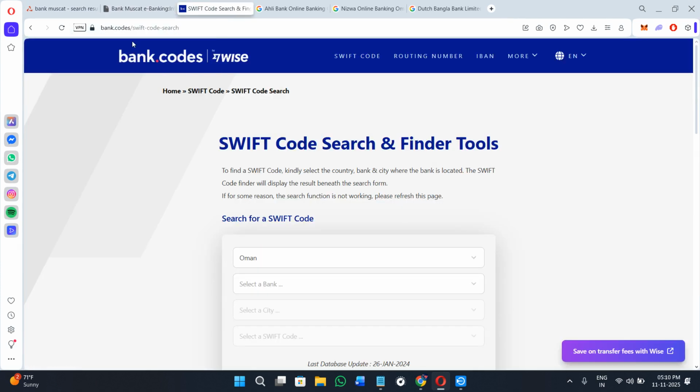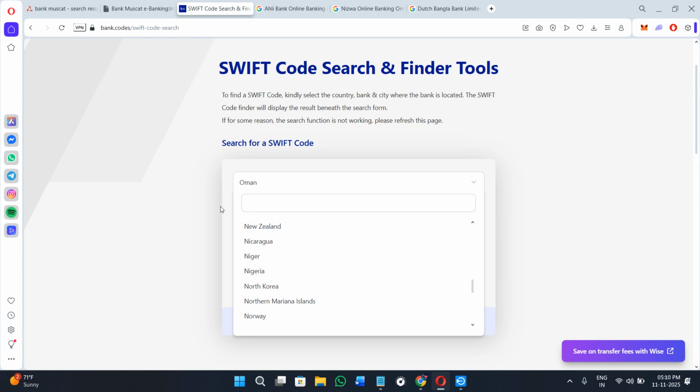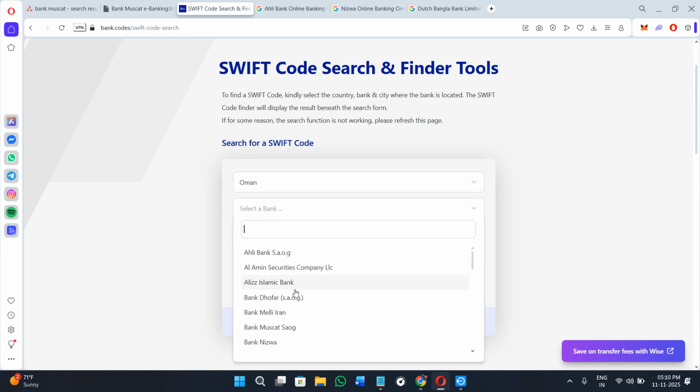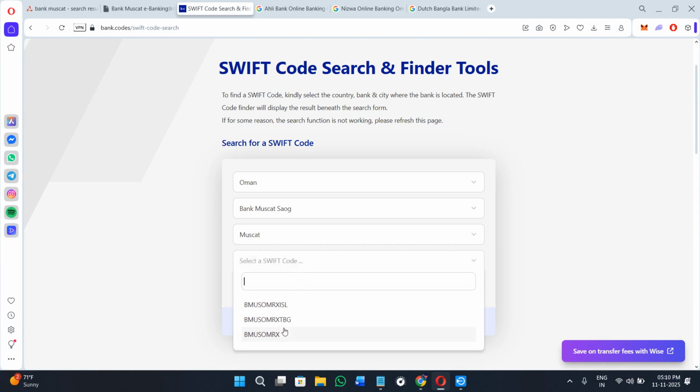you can just simply search for bank.codes/swift-code search. Once you are over here, you will have to first of all select your country. After that, you need to select your bank. Then you need to select your city. And now it is going to show you all of the SWIFT codes that you can use to make the